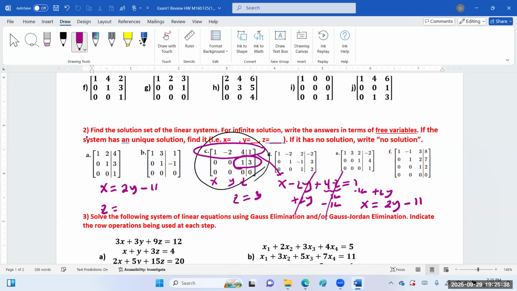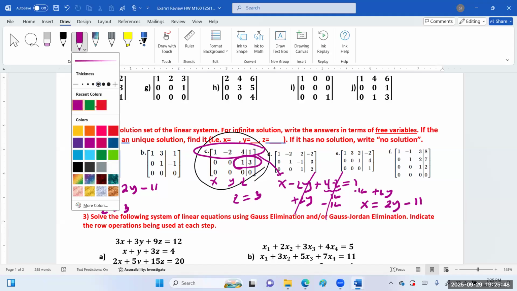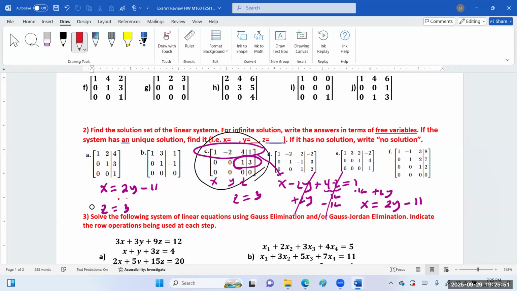Your z is 3. But then what is y? Do you have any information about y? No. That means your y is a free variable here. So your y is y. This is what I meant you should do here. If it's an infinite solution, find out the other variables in terms of the free variable. If it's a unique solution, for example,